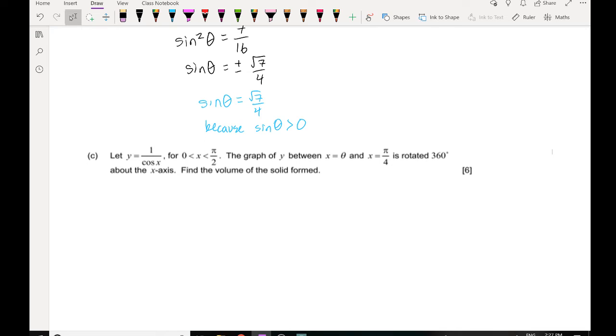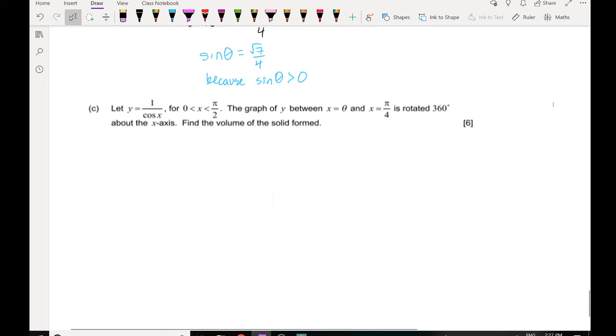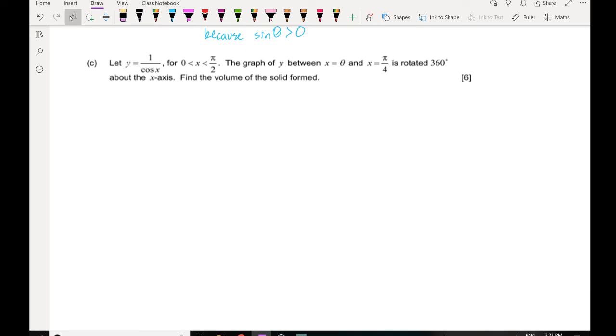We are taking the graph, though, between theta and pi over 4, and it's rotated 360 degrees around the x-axis. Okay. We're going to find the solid formed. That's interesting. Very interesting. Okay, so just based on the information that's there, and without thinking about it too much more,